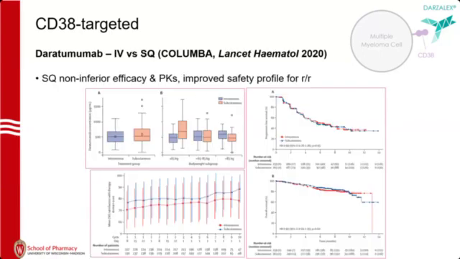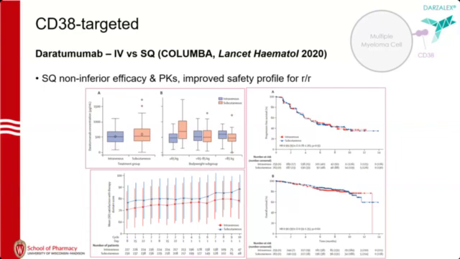Looking at that IV versus sub-Q product comparison. Again, the drug manufacturer had it as an IV product. They then came up with this subcutaneous product. They wanted to prove that it was the same from an efficacy and safety perspective, and then easier to administer. What they found in this big comparison that was published in 2020 was